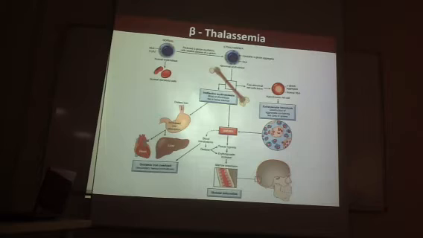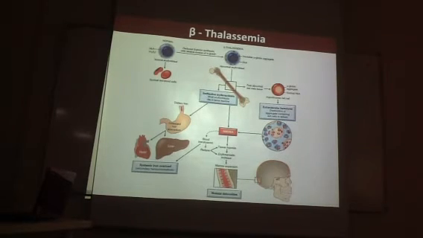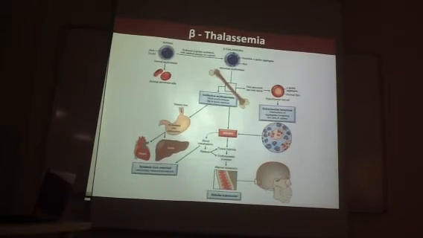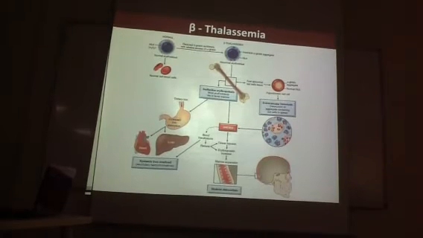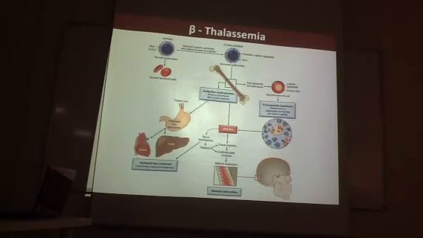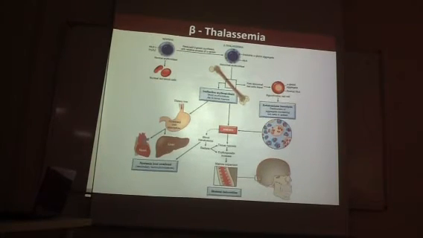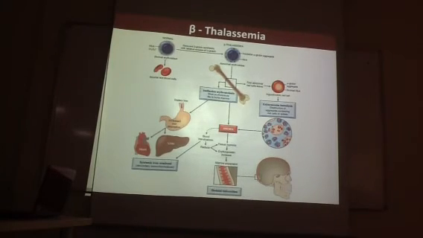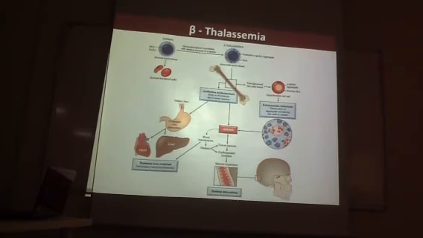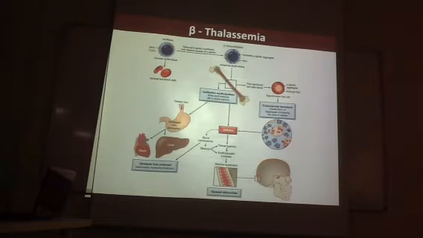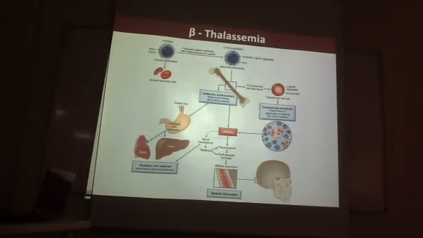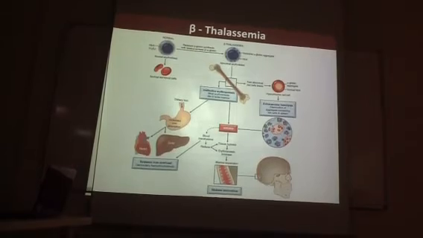See, beta thalassemia, this happens. There is no or decreased beta chains, but they increase the gamma chain. Okay, this is very tricky here. So there is no beta chain or decreased beta chain, but they increase the gamma chain, which means hemoglobin F is increased. Understand? So normally after 6 months, hemoglobin F is very less, 2%. But in thalassemia, hemoglobin F is very heavily increased.